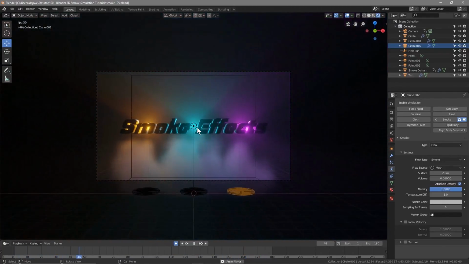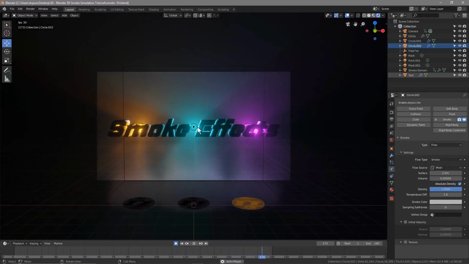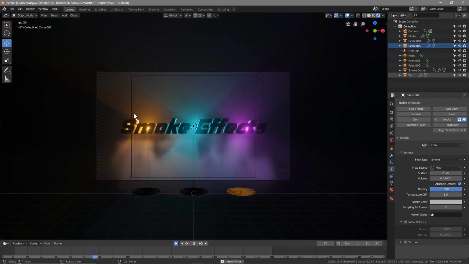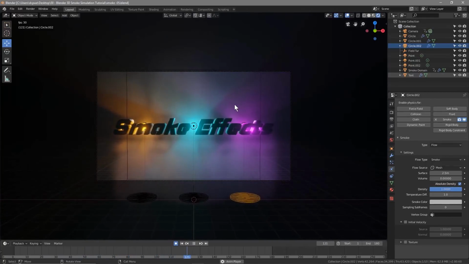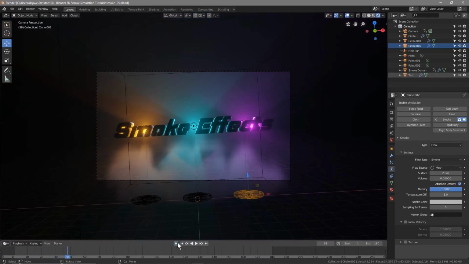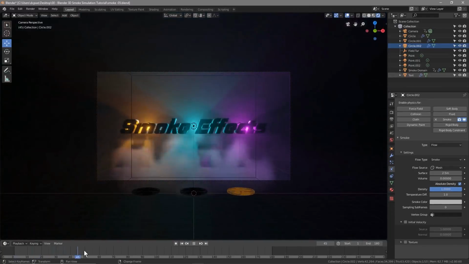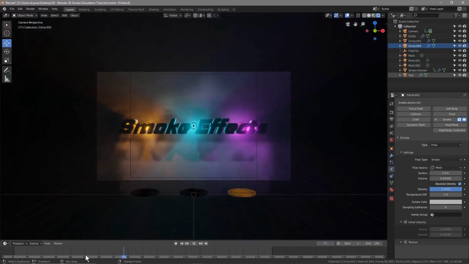You can play around with the camera, you can animate in any way that you want. I'm just trying to show you it's really about a smoke simulation more than anything, but the volumetric lighting just adds some nice color to that smoke rather than it being quite plain. But now we want to set up the smoke to be of a much higher resolution. Let's see. So what we'll do,